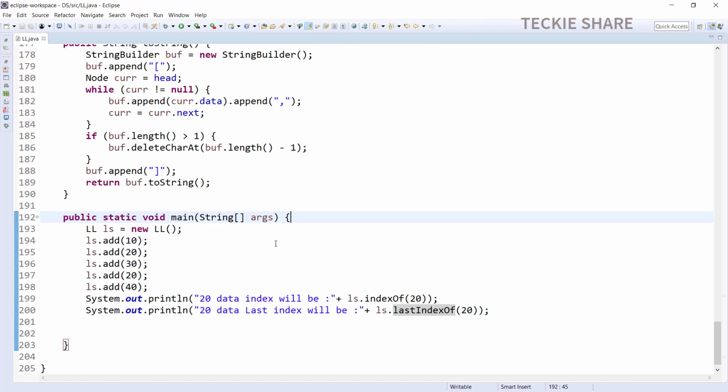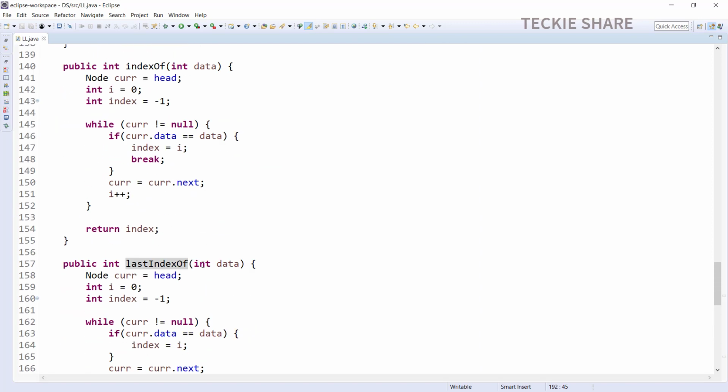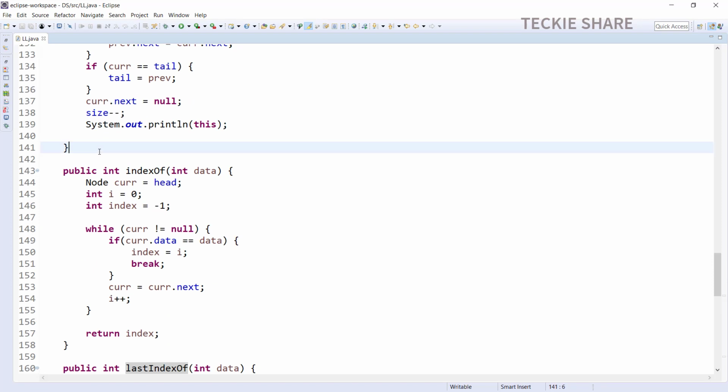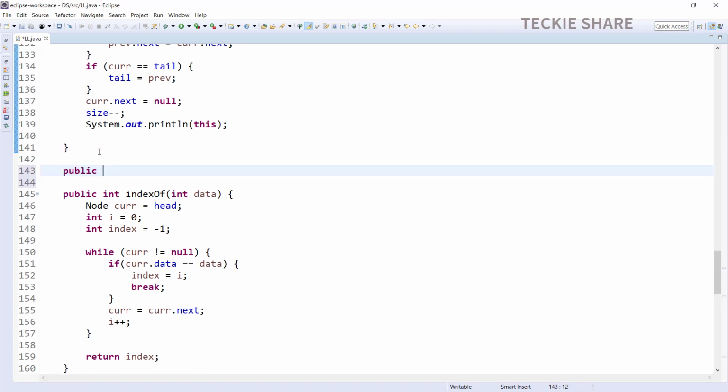Now I'm going to implement the contains method in our linked list. The contains method will be very easy. We already have an indexOf method, right? So using that indexOf method, we simply verify whether the data is contained in the list. The index will hold position information, a position value, and we just check that it's not equal to -1.